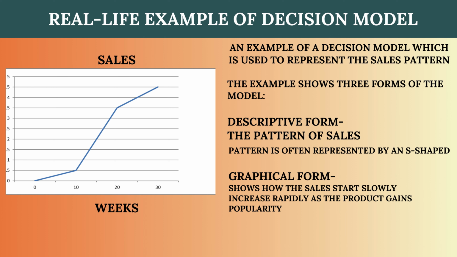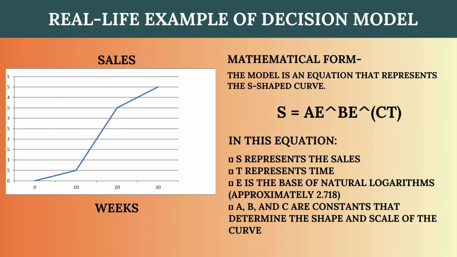Graphical form, which is the S-shaped curve mentioned in the descriptive form, is the graphical representation of the sales pattern. It shows how the sales start slowly, then increase rapidly as the product gains popularity, and finally level off as the market becomes saturated. Mathematical form, which is a form of the model, is an equation that represents the S-shaped